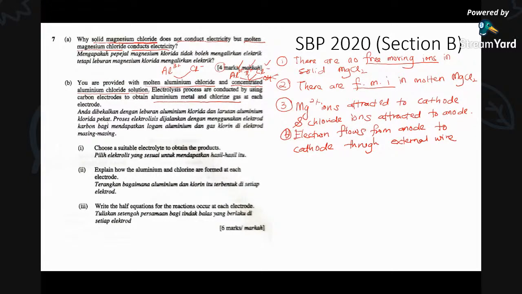So now we have to find out. If it's molten aluminium chloride, you only have 2 ions. So definitely at the positive electrode the chloride ion will be discharged, and at the negative electrode the aluminium ion will be discharged. But if you use concentrated aluminium chloride solution,